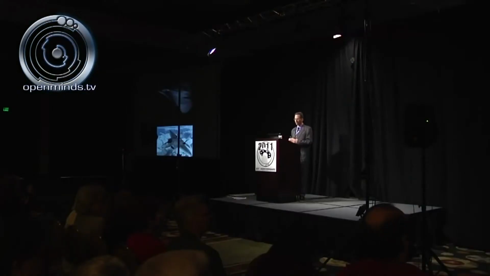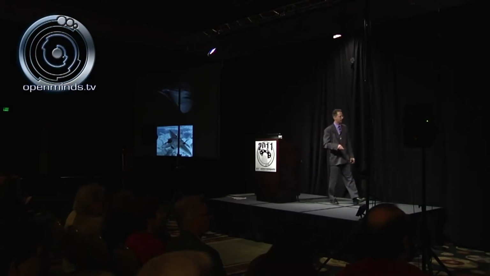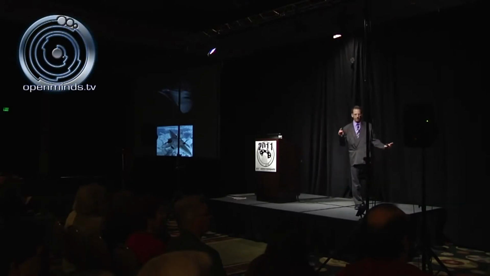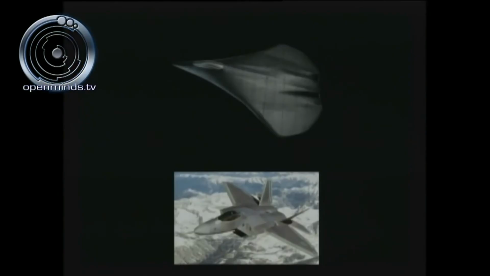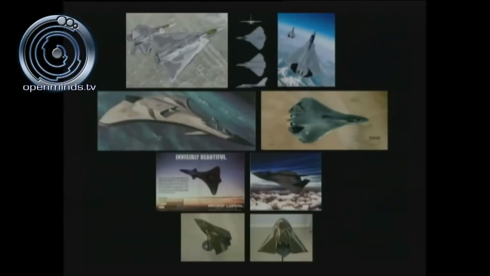That's a very bombshell statement to make, but if you take away the vertical stabilizers on the F-22 Raptor, and then you remove the air intakes, and then you do something that Dan Burish told me: if you drew a spline curve and connected all of the major points or intersecting areas on the Raptor, what you'd end up with, ladies and gentlemen, is the Roswell craft. So this comes directly from Dan Burish. Is there any way to prove this?